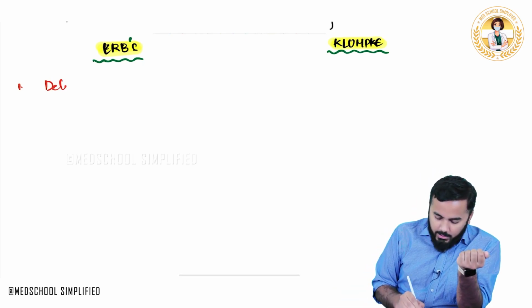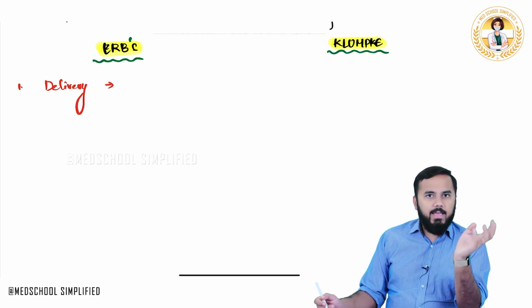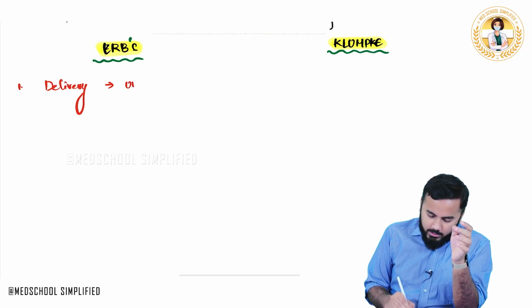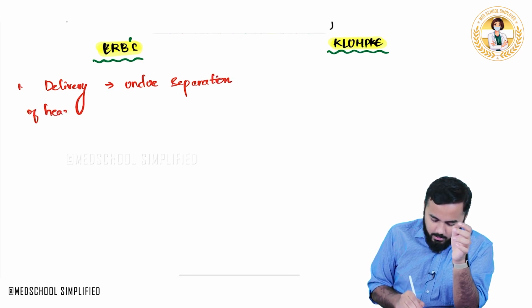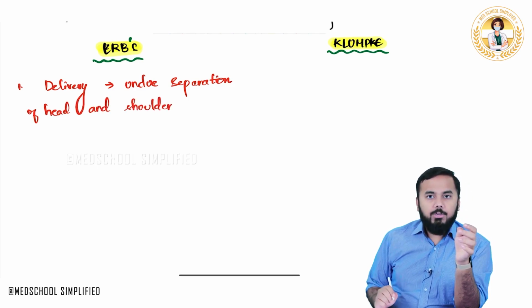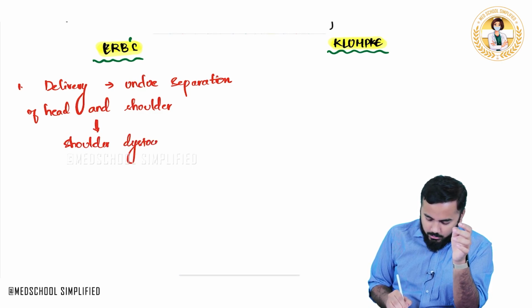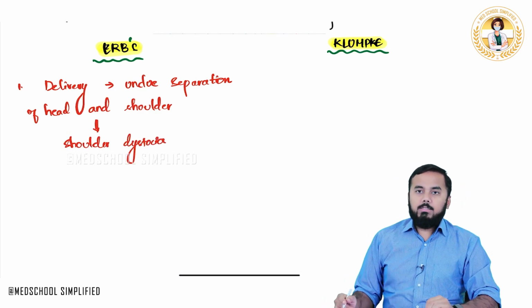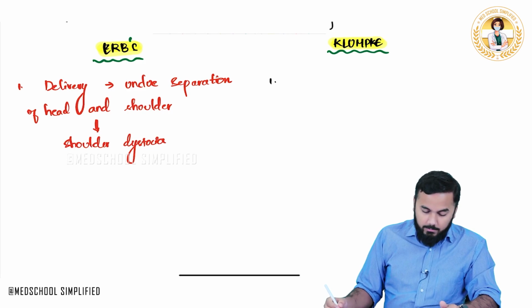So during delivery, if there is undue separation of head and shoulder, where do you see undue separation of your head and shoulder? In case of shoulder dystocia during the delivery. Now for example, if you look at Klumpke's palsy,